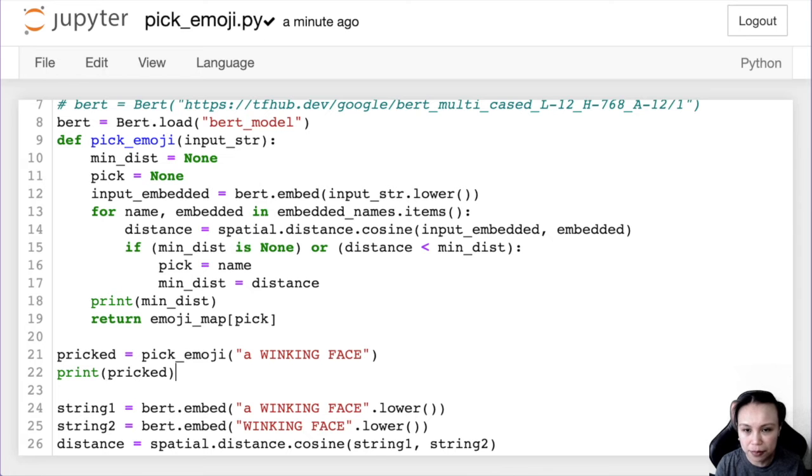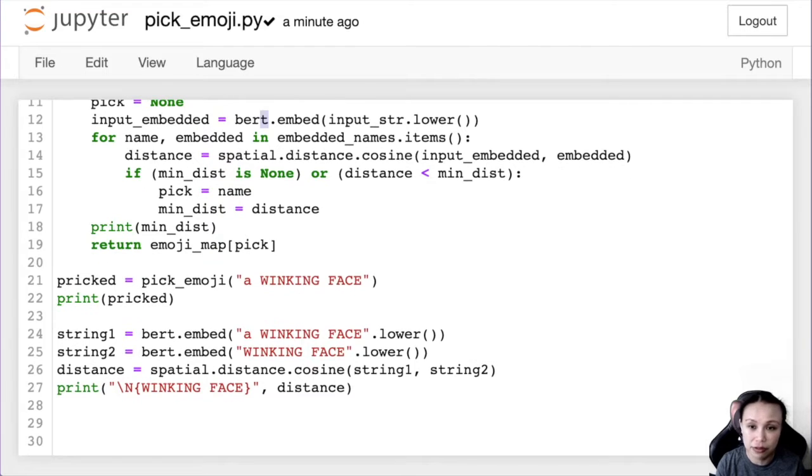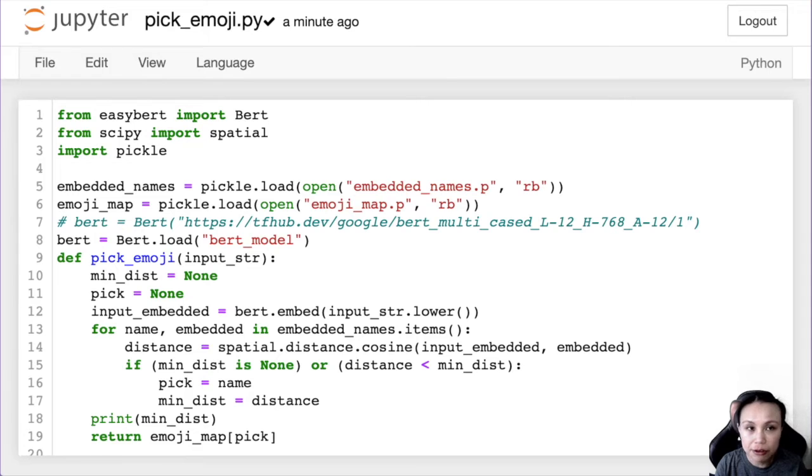So Easy Birch is definitely a simplified version, so maybe that's why it's not accurate enough for me to distinguish all these different faces. One thing I could try is to remove "face" in the name. That would actually help. But I also discovered there are two directions to go here.